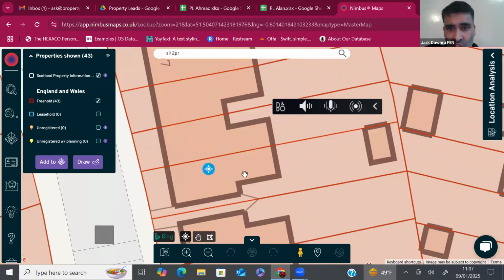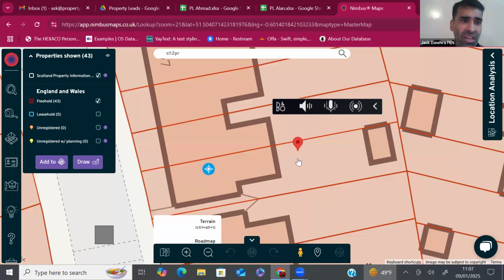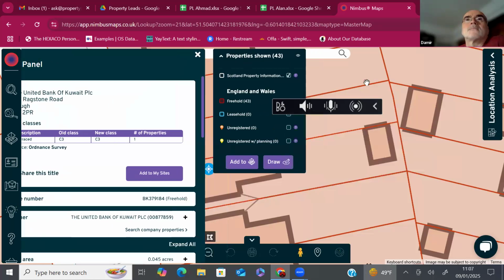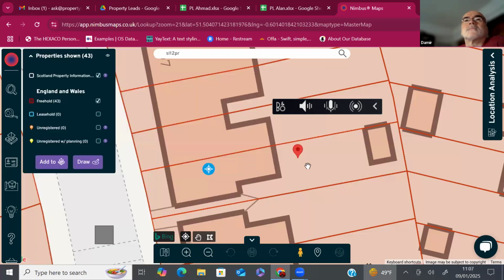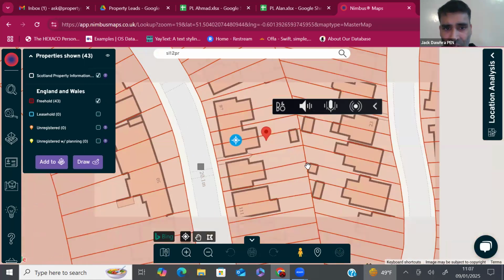But then what it does is it shows you the potential to extend to the side, to the front, to the back. And then when you do street view, you can also see if it can be extended into the loft as well. Everyone has done street view of Google Maps, right? Okay. But here, let me zoom out so I can show you more of what it means.